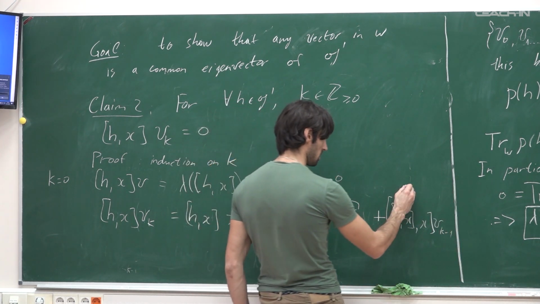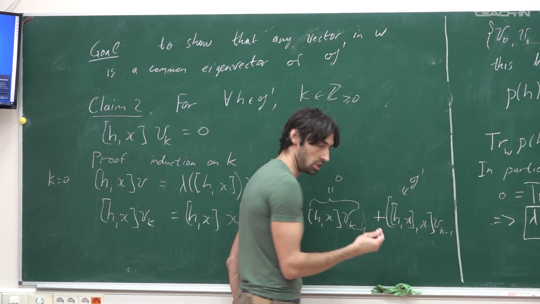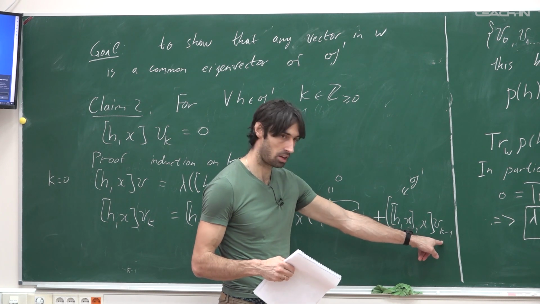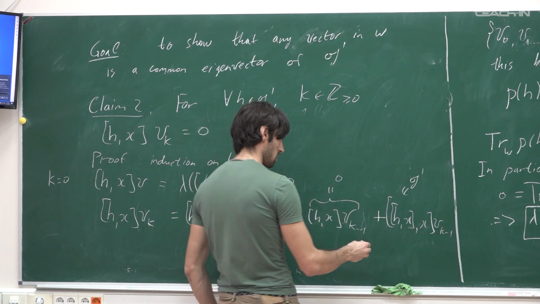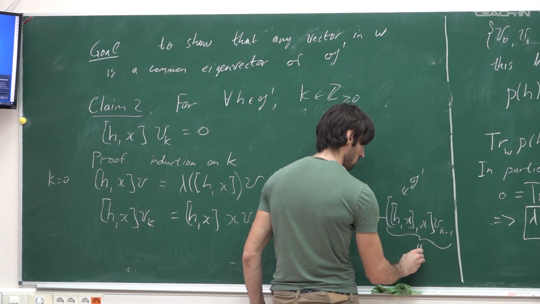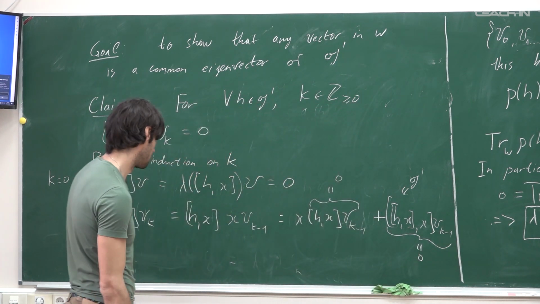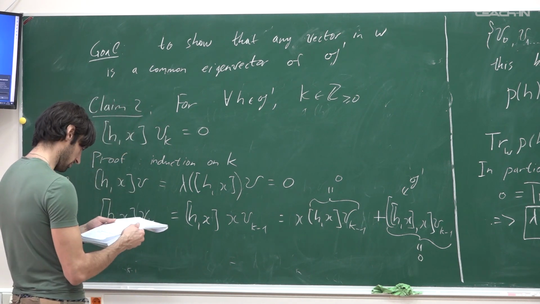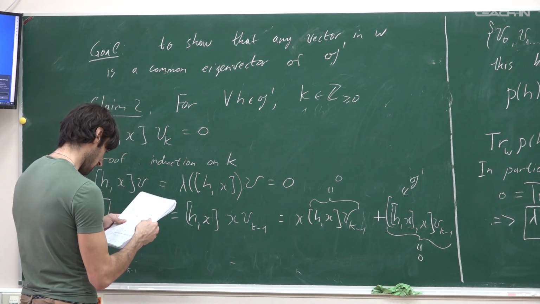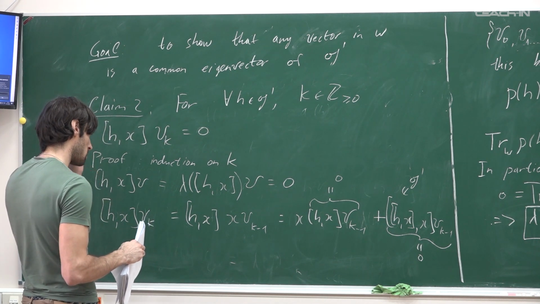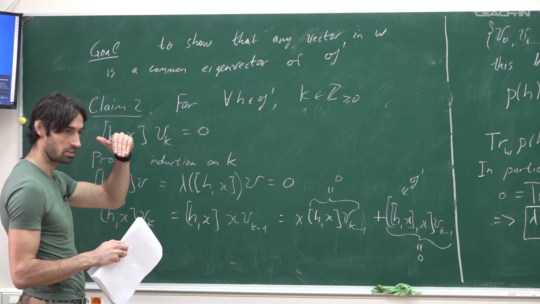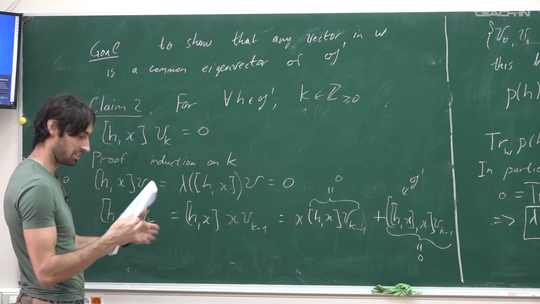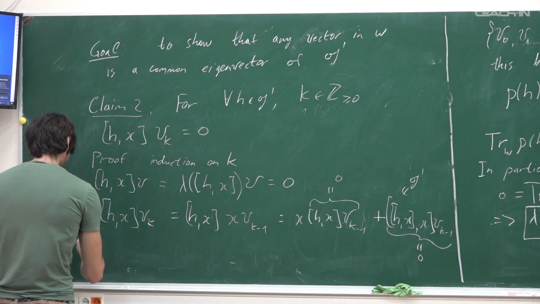But this guy is inside G prime. So it's just some other H prime with X, and it hits Vk minus 1. And again, by induction assumption, this is 0. So 0 overall. Okay. And finally, we proved upper triangularity, in a sense. So now we would like to prove that it's actually diagonal. So claim 3